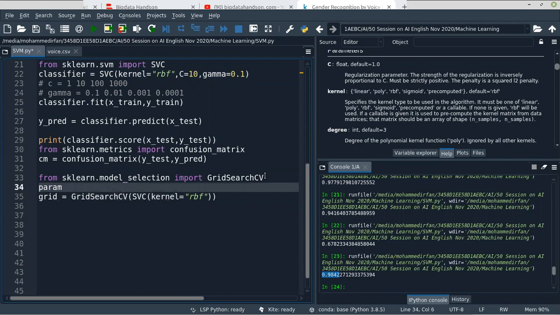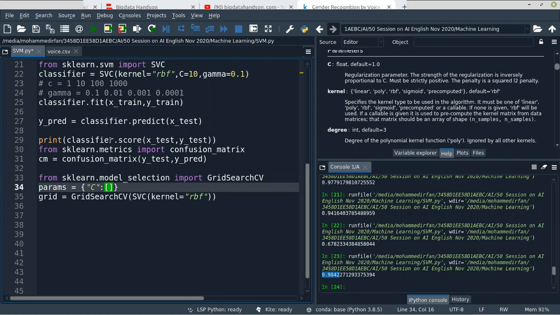So let me take params as a variable, and here we give the parameters in a dictionary format. The key will be the name of the parameter, C, and the value will be the values you want to give.